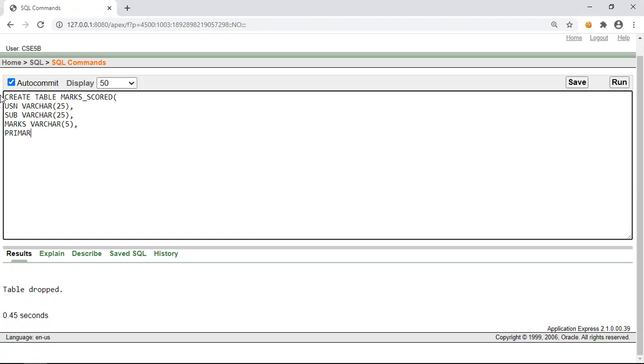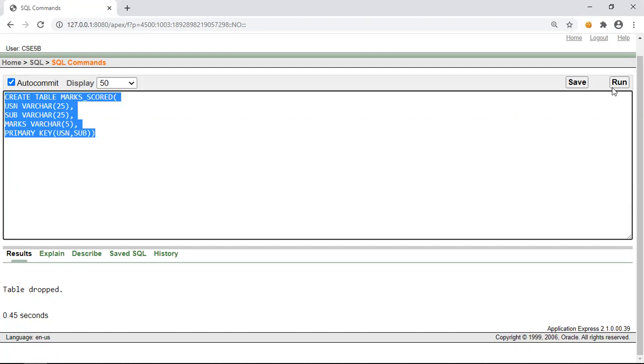Let us declare a few primary keys: USN along with subject, which means a specific USN and a subject code cannot repeat. Let us create this table.